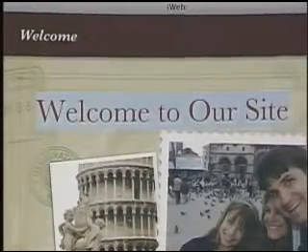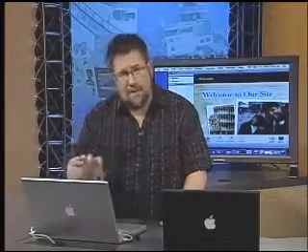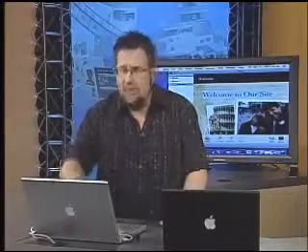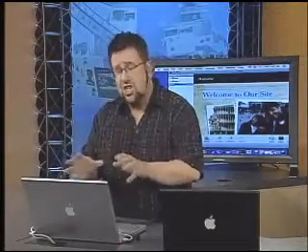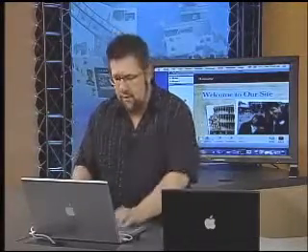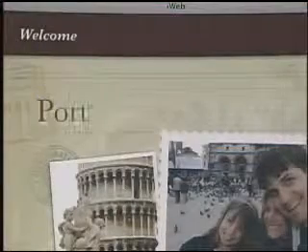Now, what we can do here is go in and start to change the text and the photos on the page. Remember how I said this was placeholder and template driven? Well, you see the template. The placeholders are the text and the photos that are on the page. This gives us a suggestion of where we should put our information. So I'm going to call this Portugal